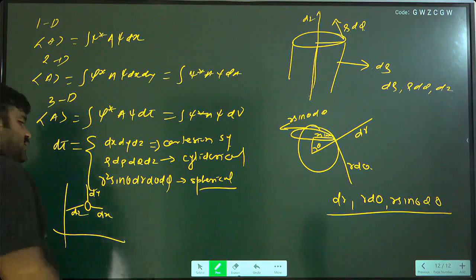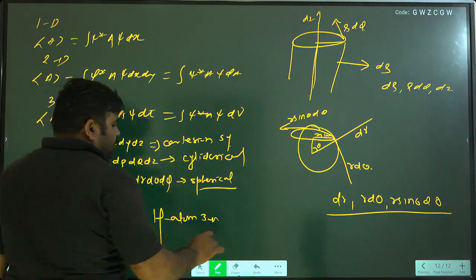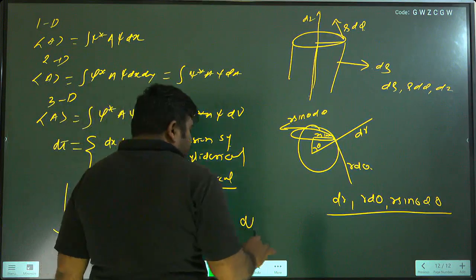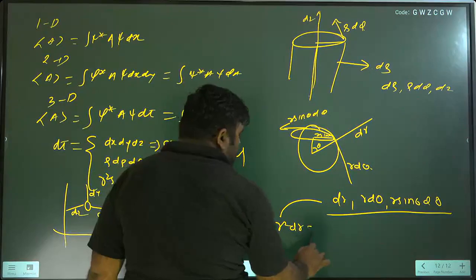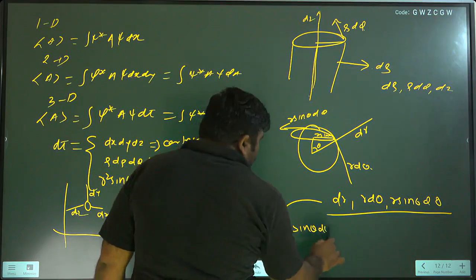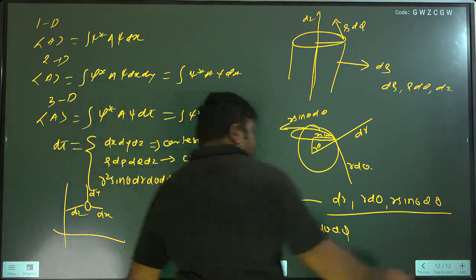The hydrogen atom is a 3D case. The H atom is always to be memorized. For the H atom 3D case, we take d tau, and d tau is nothing but r squared sin theta dr d theta d phi. Now, in the spherical system,